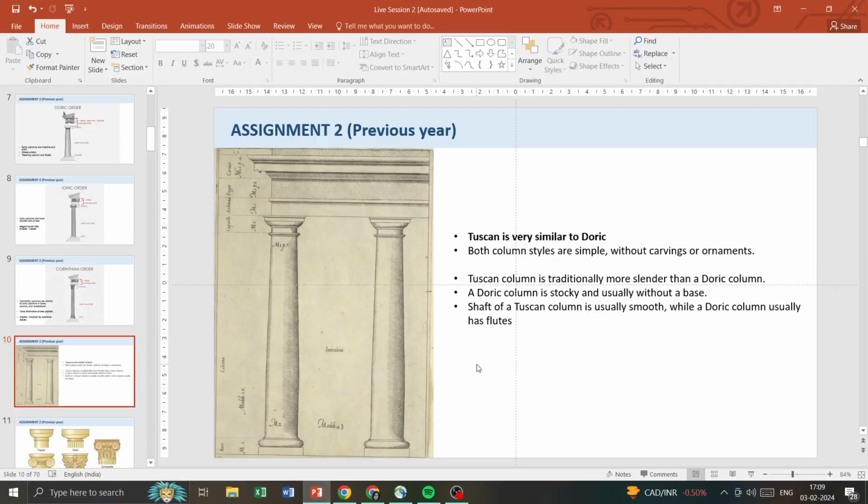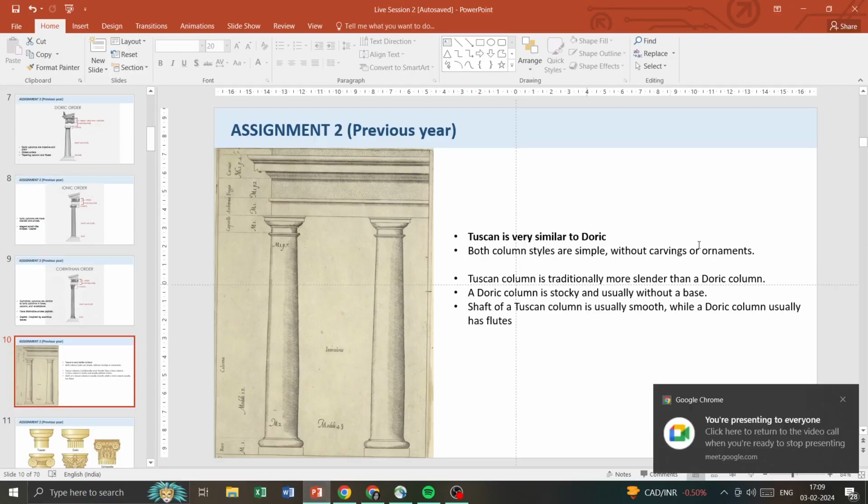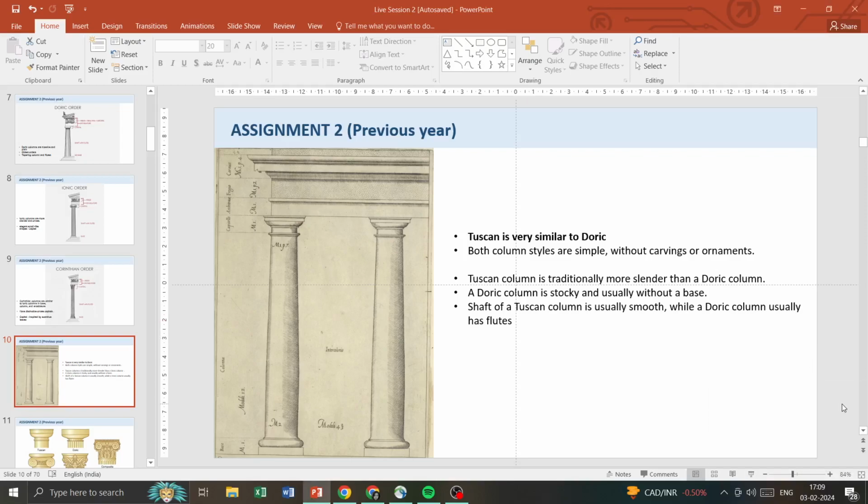So how is Tuscan different from Doric? Both the column styles are very simple. So the most important difference is that in Tuscan, we have a base, we have a column, we have the capital. So the column is plain, while we saw in Doric that it has flutes, it has ribbed flutes. In Tuscan, it is plain. So the capital is very similar. It's the same plain basic order. So the easiest way to identify a Tuscan from a Doric would be that the Tuscan column is smooth and the Doric